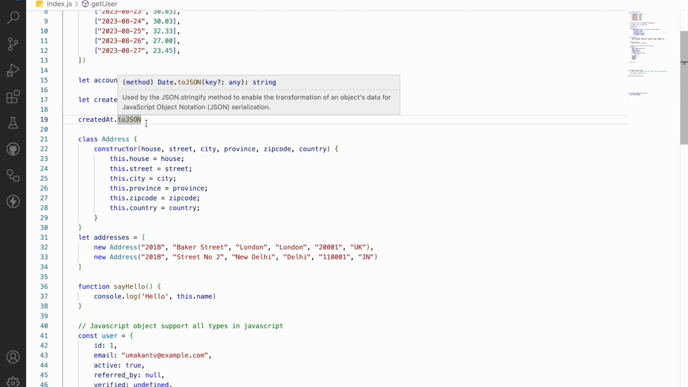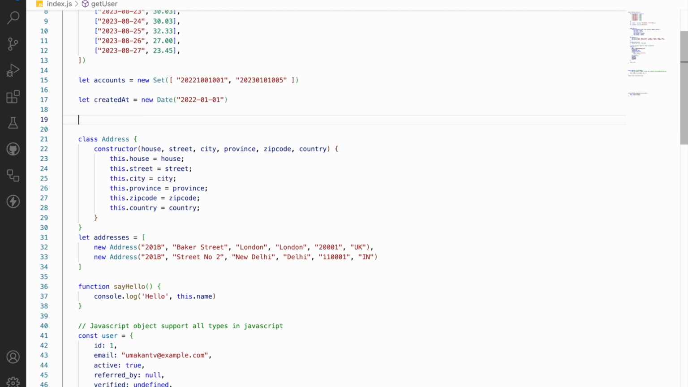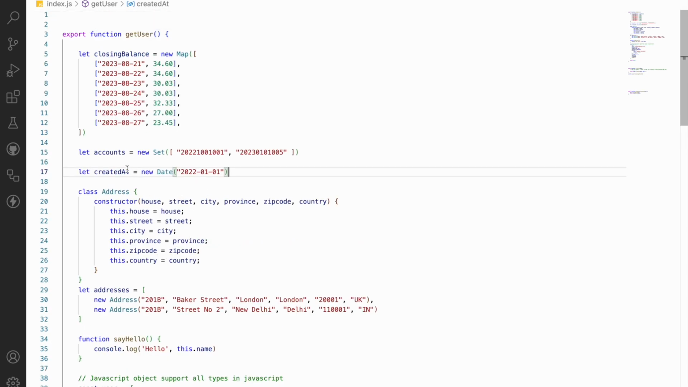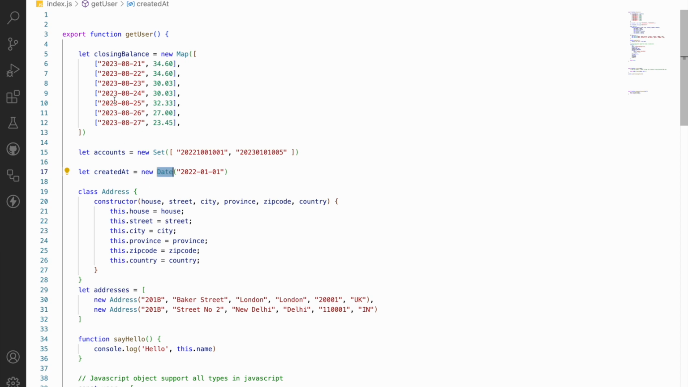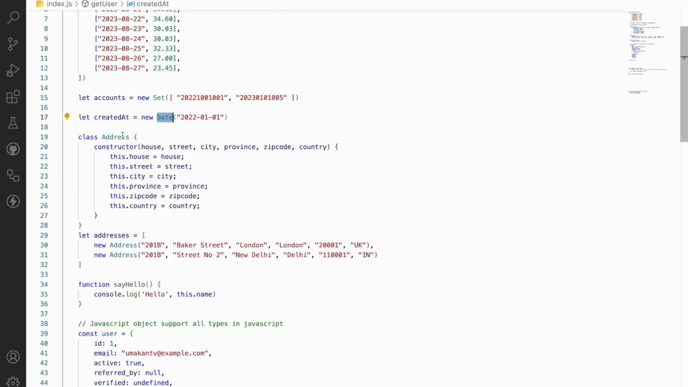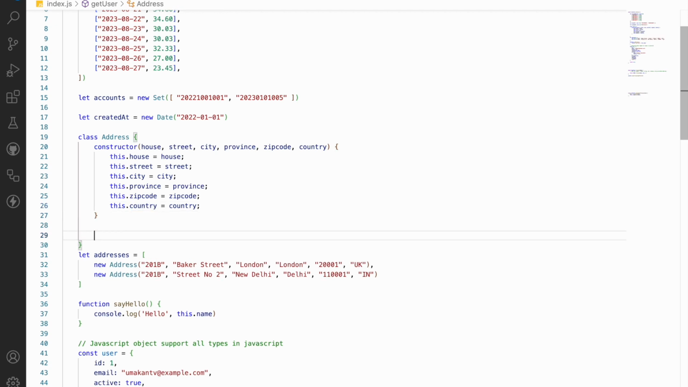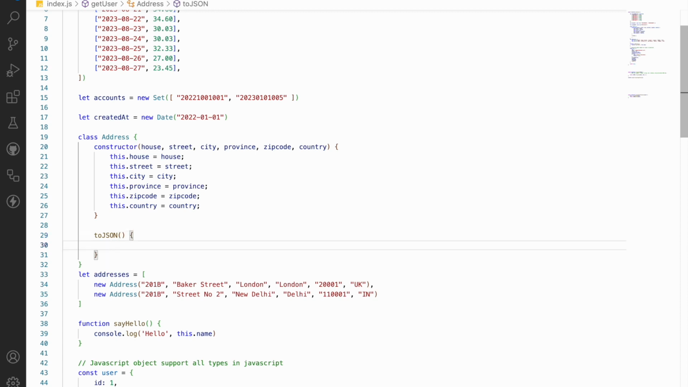Okay, so that explains how date is converted into JSON text, but we don't have any toJSON function on our address class. So let's try to add one and see what happens. In this toJSON function I'm just going to